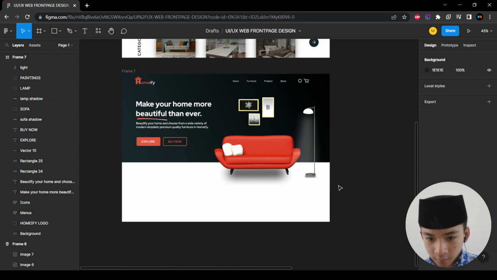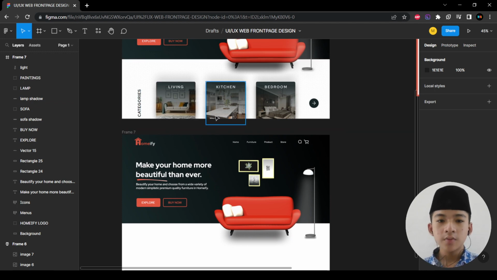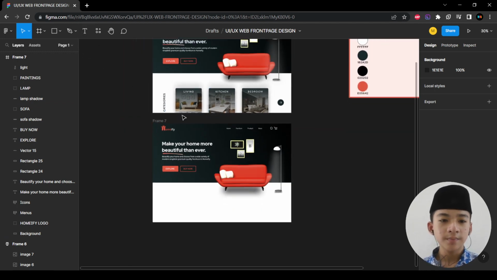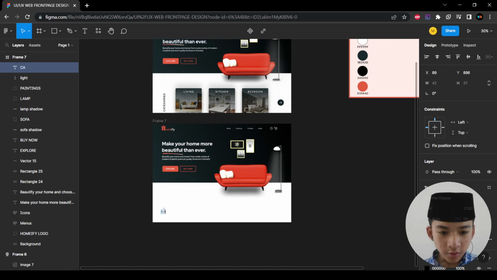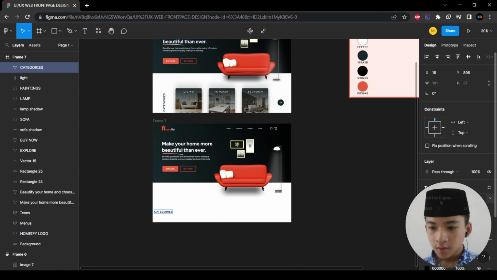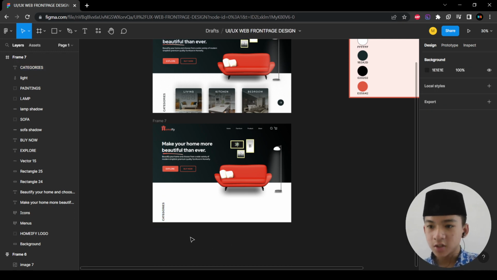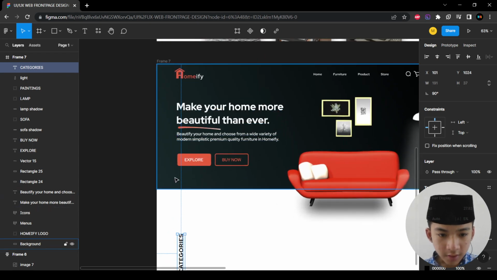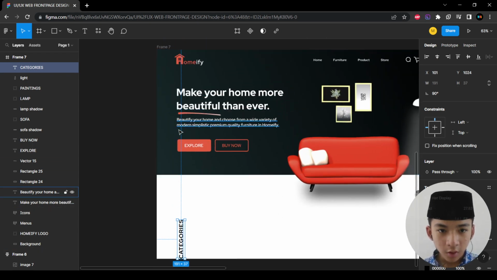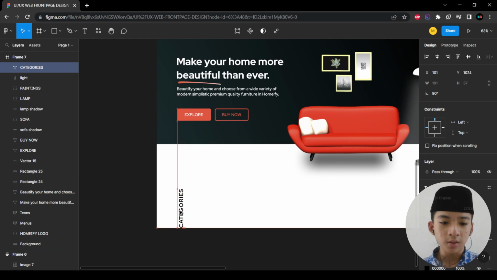Like so. Now we're gonna make the categories. For the categories, pretty much simple. All you need to do is type in categories, bold Red Hat Display, and the size is 27.83, and then rotate it into 90 degrees and put it around, same align with the logo, the title, and the buttons. Align it with that,